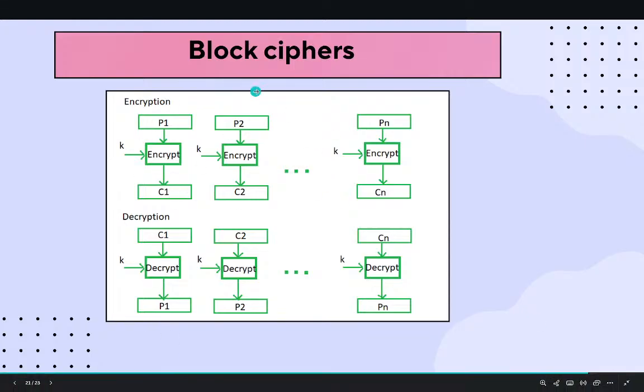This is a schematic representation of how block ciphers look. We have the plain text, the first block P1. We take the key, encrypt the first block, and you get the encrypted ciphertext block C1, and so on for the different blocks. What you're seeing right now is known as electronic codebook mode of encryption, in which each block is encrypted separately from all the other blocks. There's no connection between the blocks.